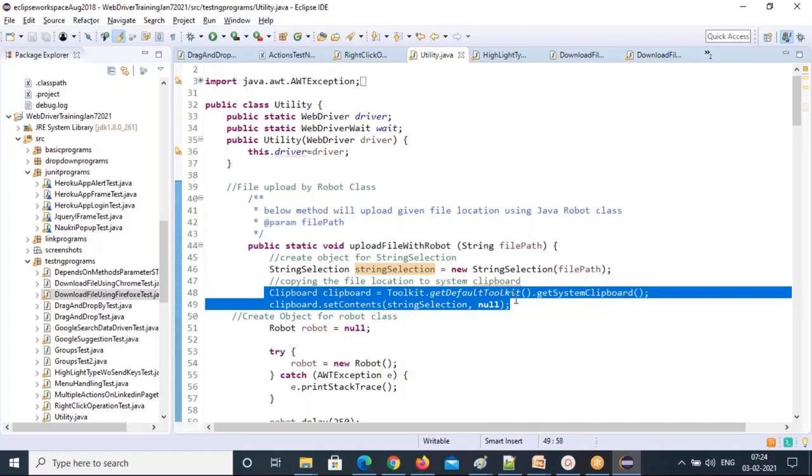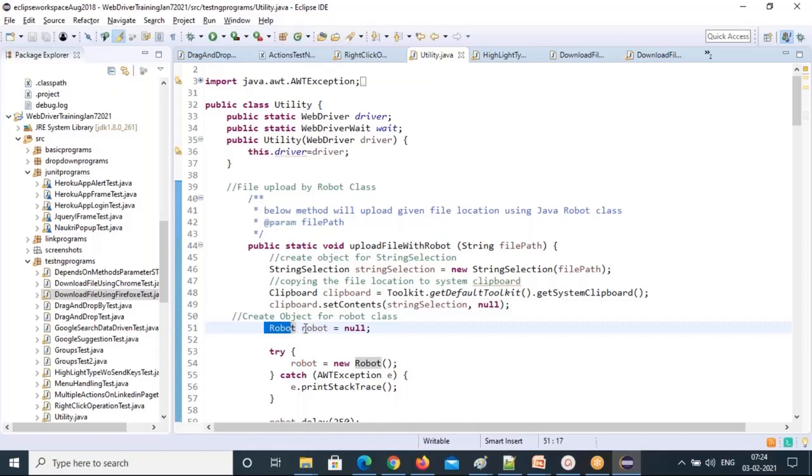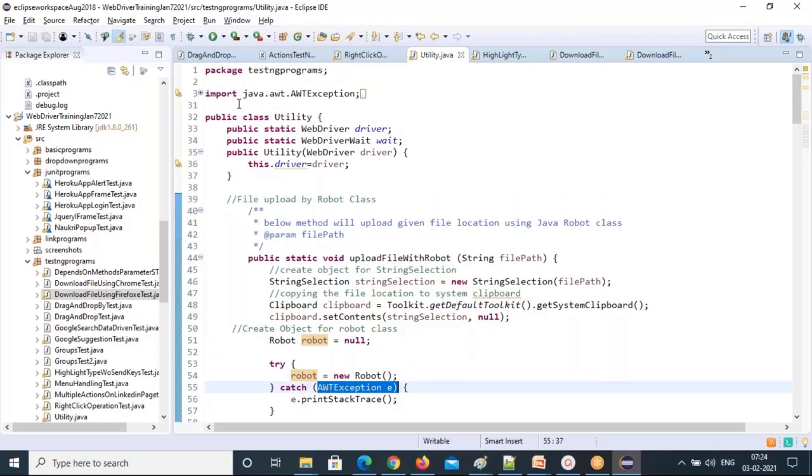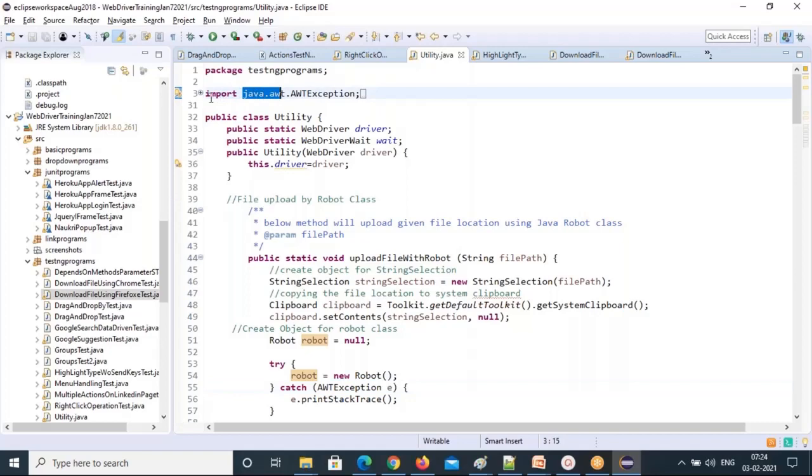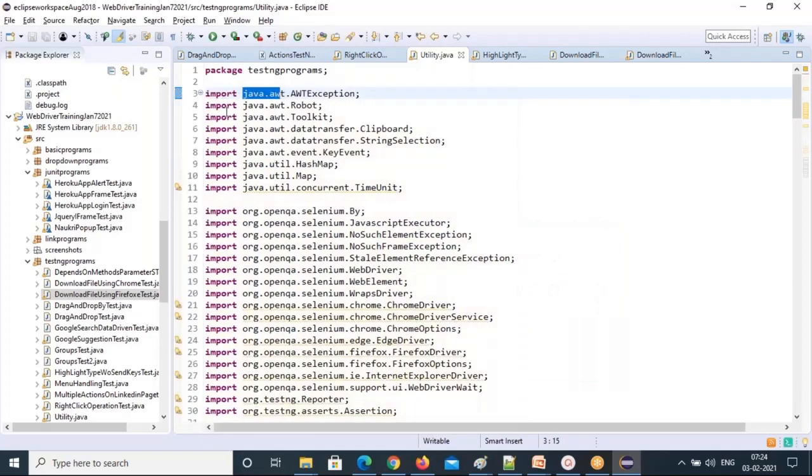Like Control C is done. So in the system, Control C is done. Then you can paste anywhere, right? To paste that, we are using robot class methods. So now create an object for the robot class. Robot equal to null, robot equal to new Robot. I'm creating the object. This is giving an AWT exception because these are all available in the java.awt package. This Robot class you can see here, the java.awt.Robot class,